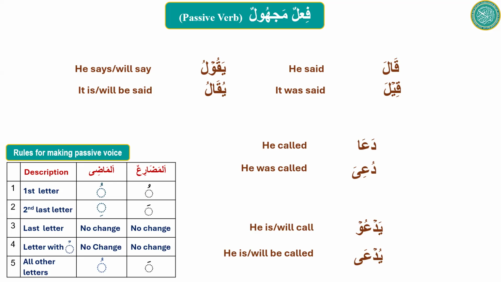So the purpose of sharing some of these words with you was to tell you that this table is not going to help you all the time. There are several words which do not follow the steps in this table. You just have to learn them, memorize them, so you know that there are some other words which are passive voice even though they don't follow this table. All right? Okay, good.